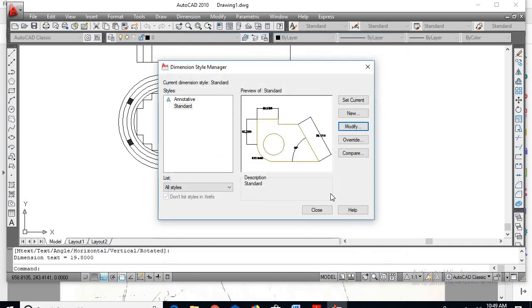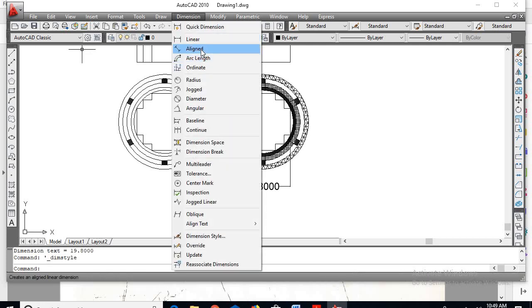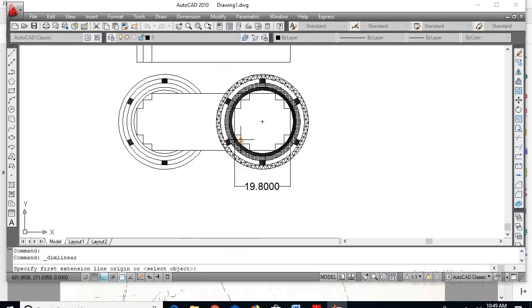Say OK. Set the current and close. So we'll be getting it like this. Dimension, linear. This is the width of the midlist stamping.